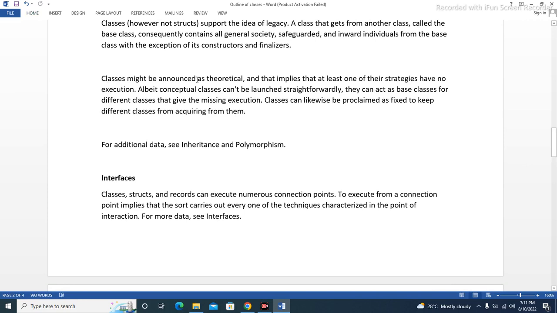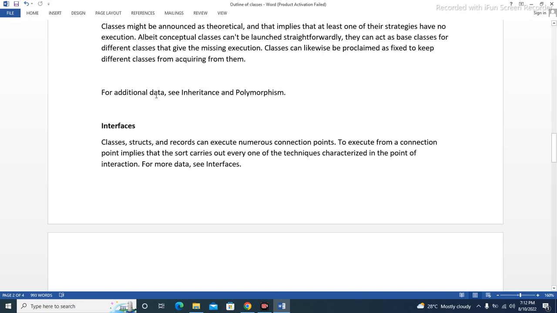Classes may be declared as abstract, which means that one or more of their methods have no implementation. Abstract classes cannot be instantiated directly. They serve as base classes for other classes that provide the missing implementation. Classes can also be declared as sealed to prevent other classes from inheriting from them. For more information, see inheritance and